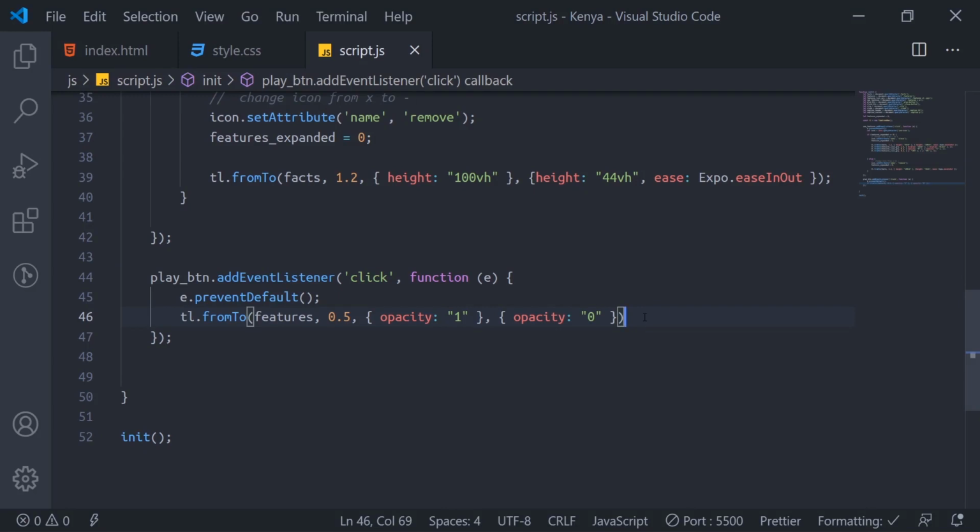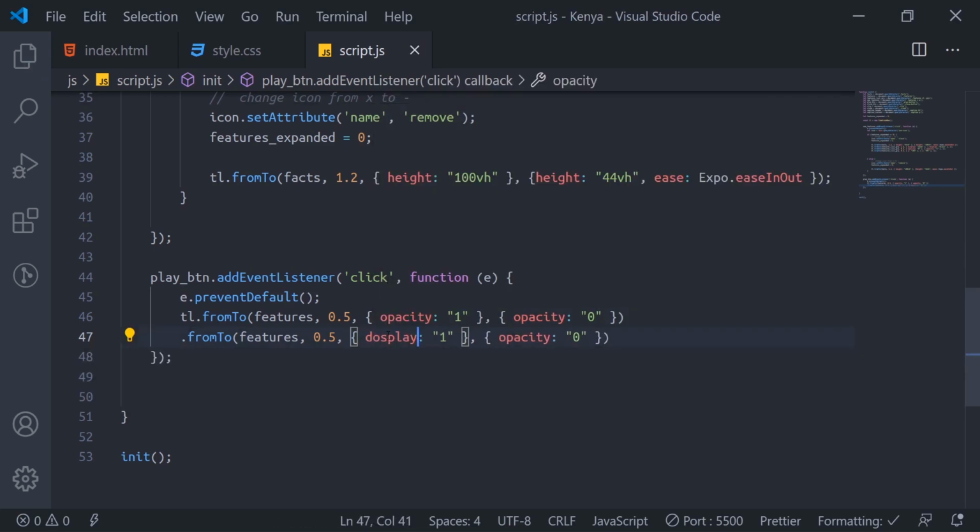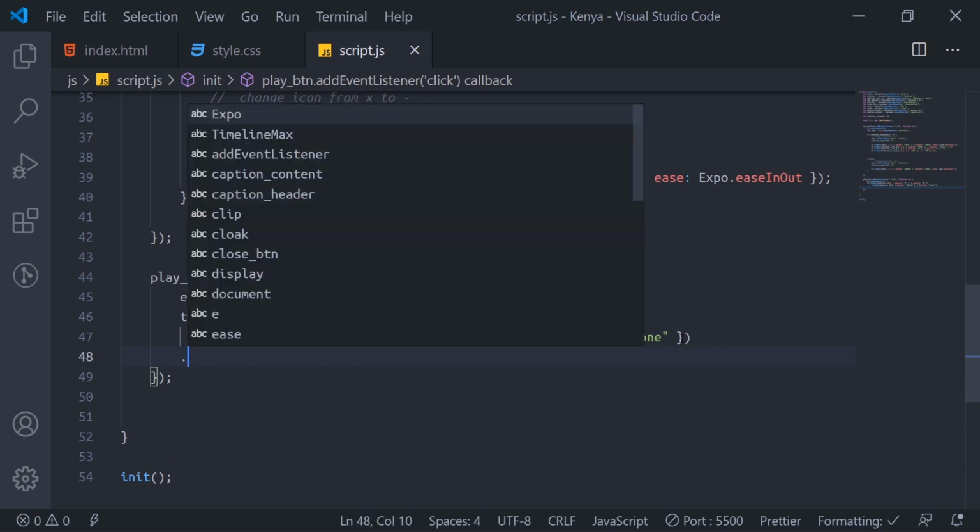So I'll duplicate this one, remove this TL because of the chain, then display block, then display none. You get. So now I will not bring out those features. The next one we'll do.